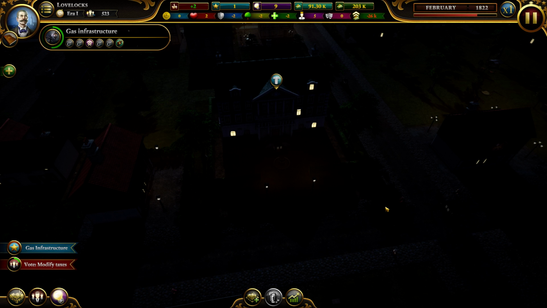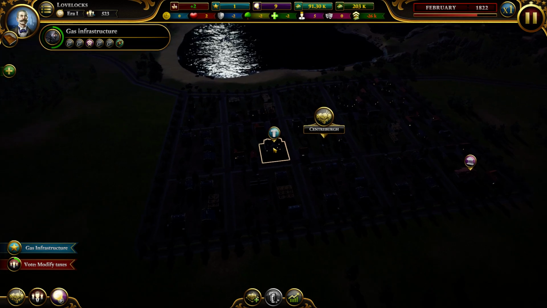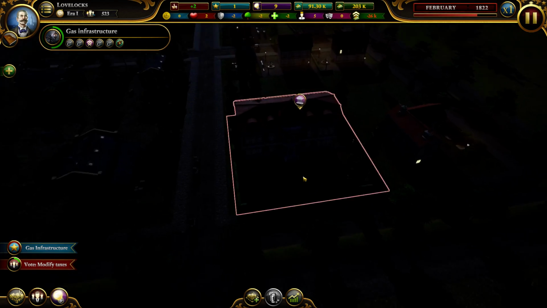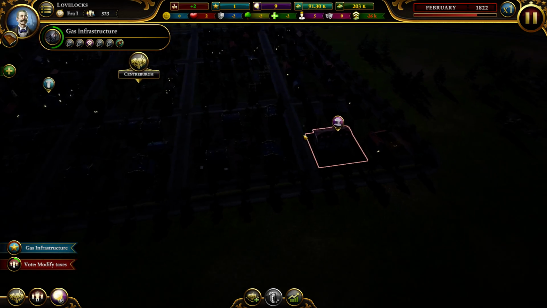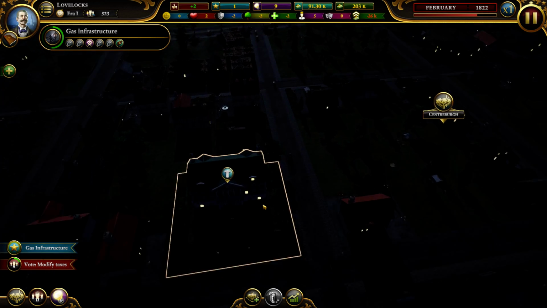Last time, we just took control of the city. We built up our first district. We built City Hall, as you can see here. We built a school, as you can see here. And we started our first research into gas infrastructure. And the final thing we did, which might not be the most popular thing to do when you take office as mayor, is try to increase the business taxes by 1%.